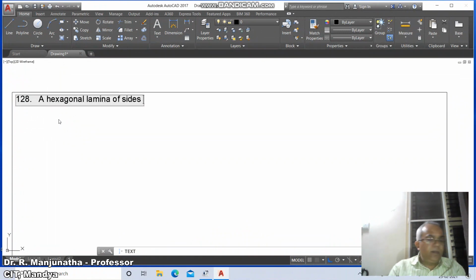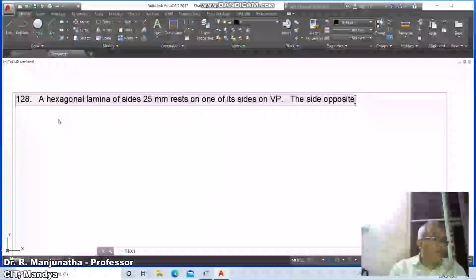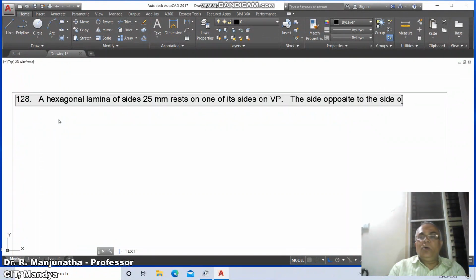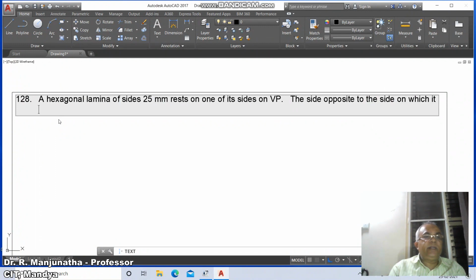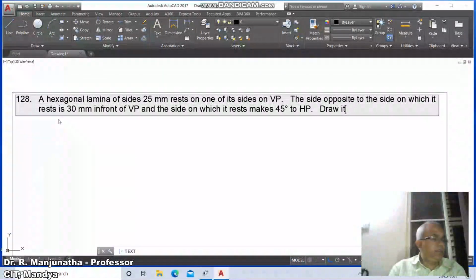A hexagonal lamina of sides 25 mm rests on one of its sides on VP. The side opposite the side on which it rests is 30 mm in front of VP, and the side on which it rests makes 45 degrees to HP. Draw its projections,